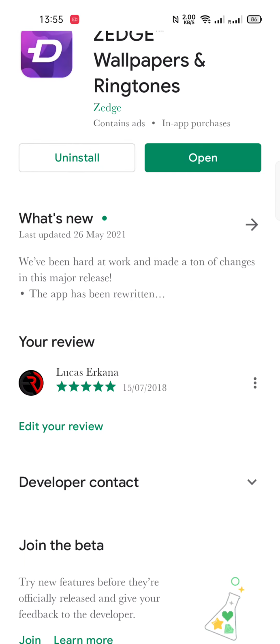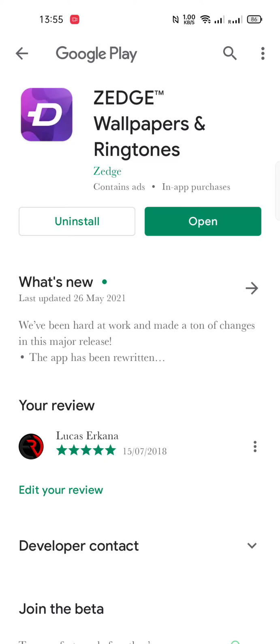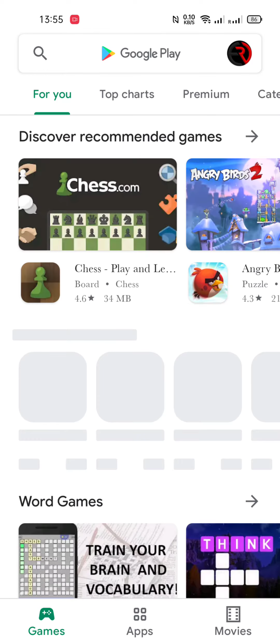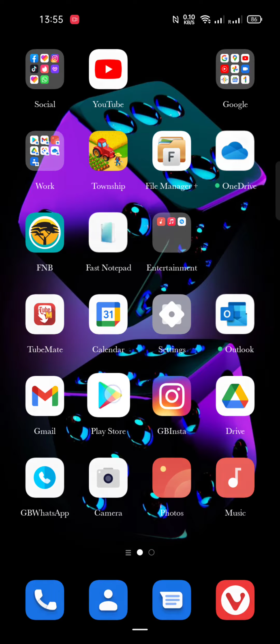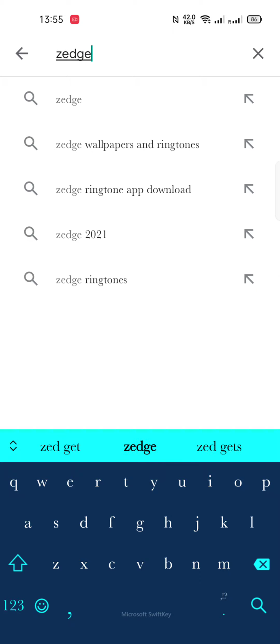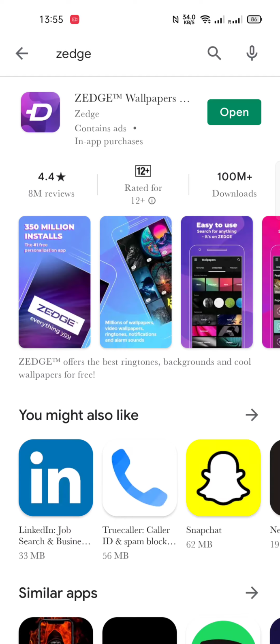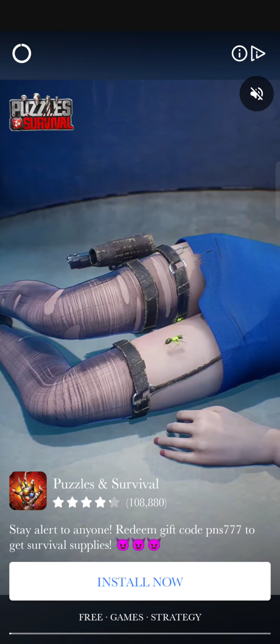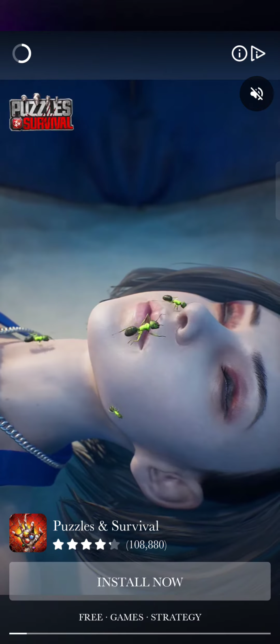Go to Play Store and then install Zedge, wallpapers and ringtones. Just search for Zedge. Okay, once you've installed it, Zedge. Okay, you go there and then, now I want you to register so that you can actually also upload